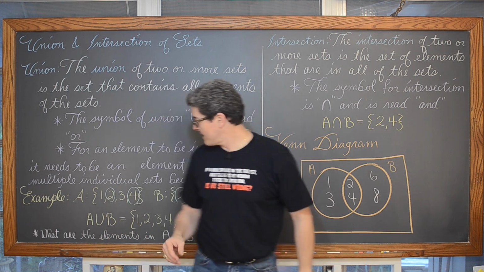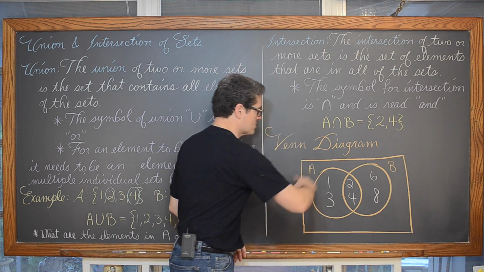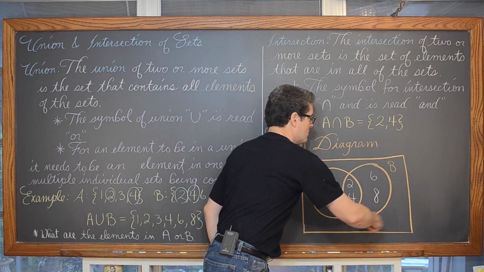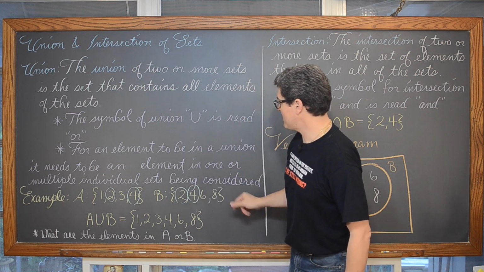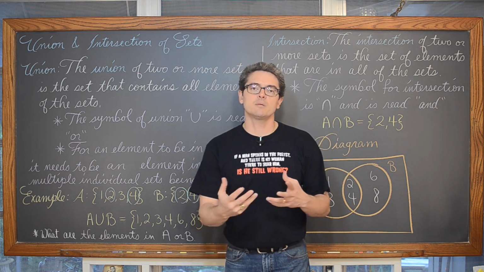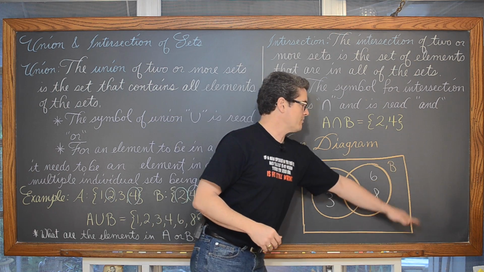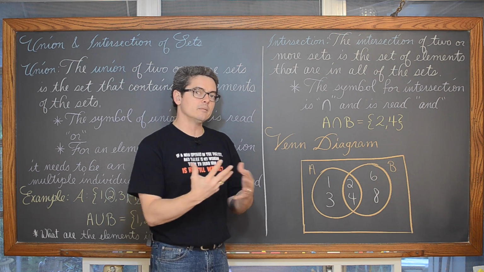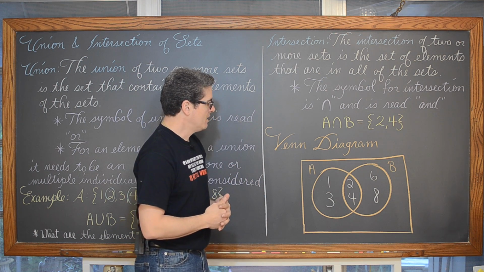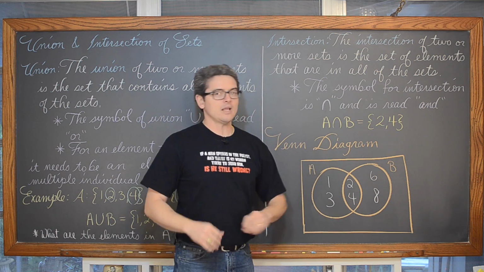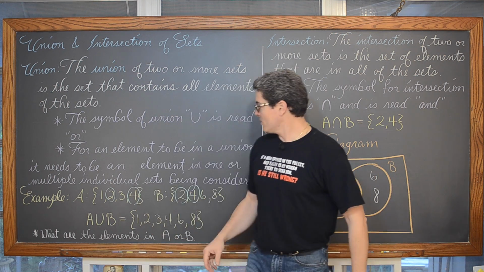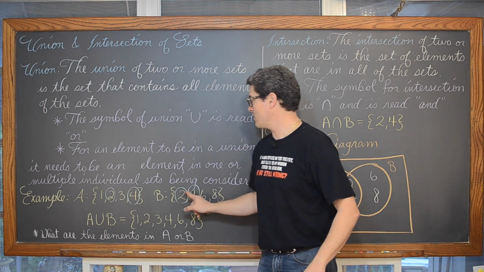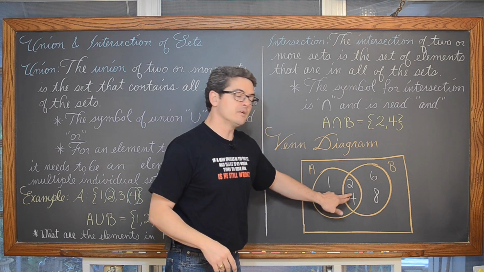But set A had those values of 1, 2, 3, and 4. So I have a circle which is going to contain those 4 elements of 1, 2, 3, 4. I have a circle which represents set B. And in set B, I have the values of 2, 4, 6, and 8. Now, when you set up a Venn diagram, not only do you need to remember that that rectangle represents 100% of all of the data or elements that ultimately could be considered in your problem, but as you start to fill it out, you want to do the overlapped area first. So as I look at set A and set B, I want to focus on that intersection. What elements are in both A and B? And we want to fill out those values first.